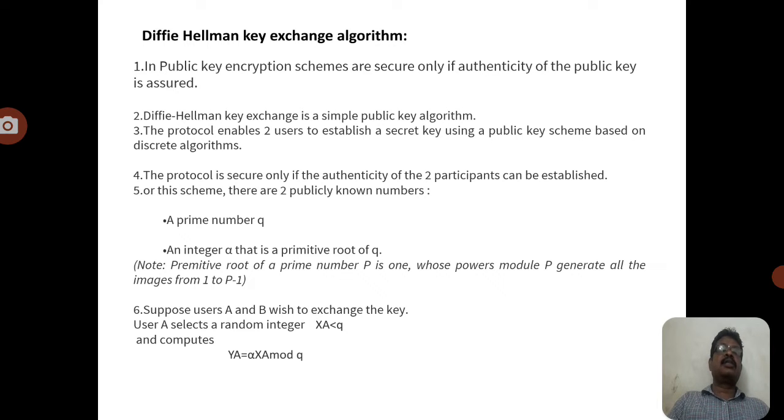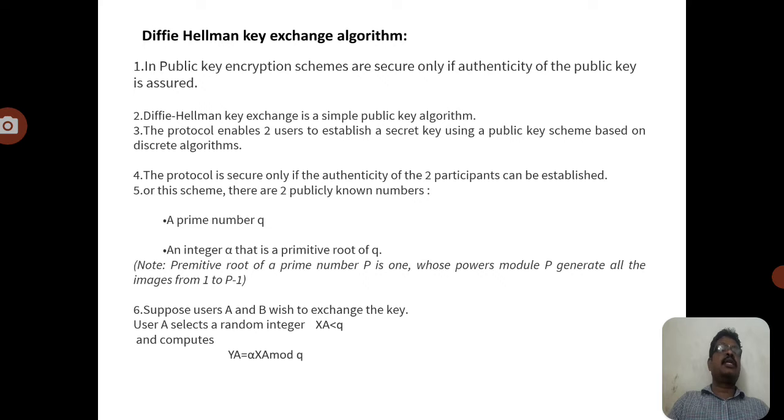Now I recall some of the important points which are used in the Diffie-Hellman key exchange algorithm. Each end user can generate a pair of keys: one is the public key and the second one is the private key. Of these two keys, the secrecy is in the private key, not in the public key. Both end users can distribute their public keys and keep their private keys.